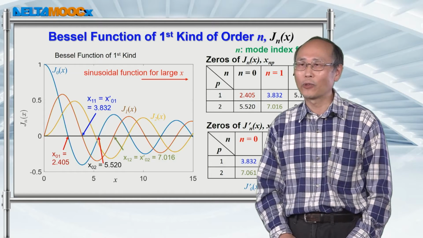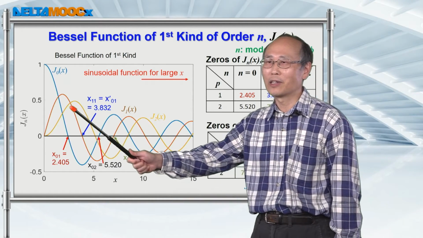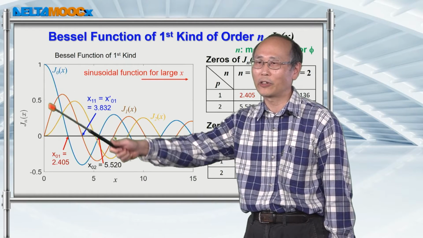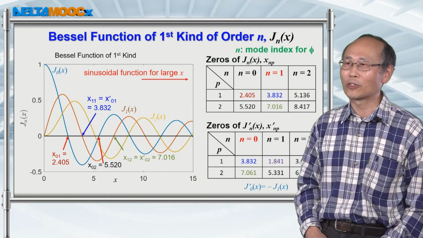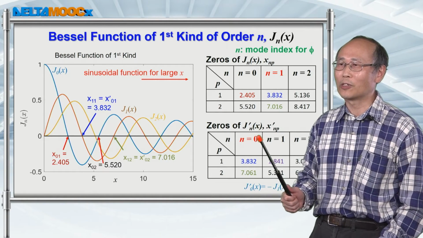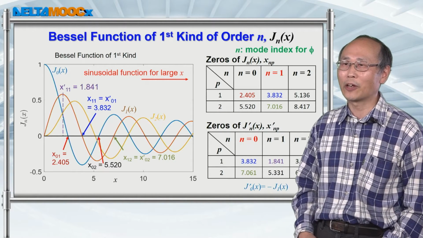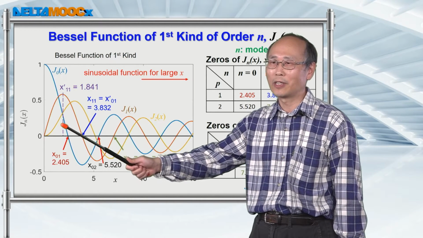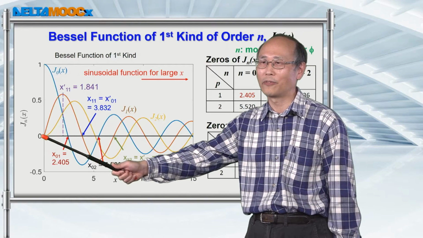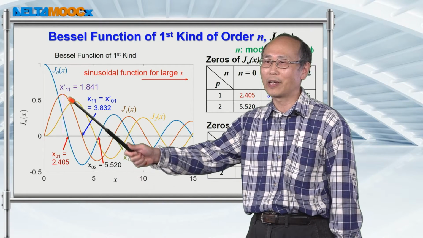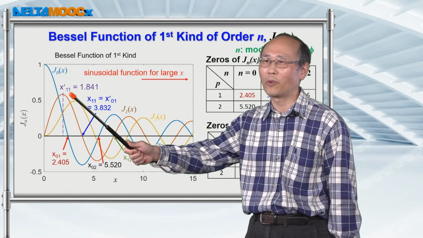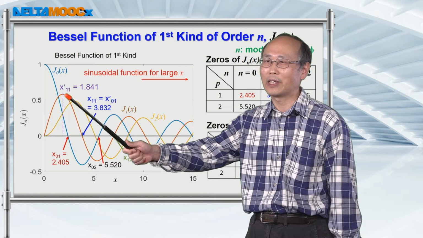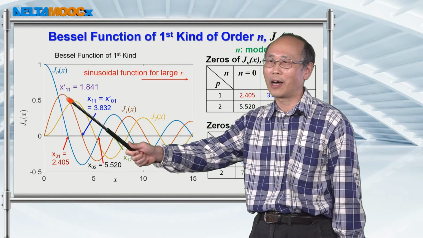And quite often we are interested in the zero crossing point closest to this vertical axis. If you compare those zero crossing points for the derivative of the Bessel functions, you can tell that this point where you have a zero slope is going to be the point closest to this vertical axis. This point is labeled as x prime 11 equal to 1.846, because this point is on the J1 curve.